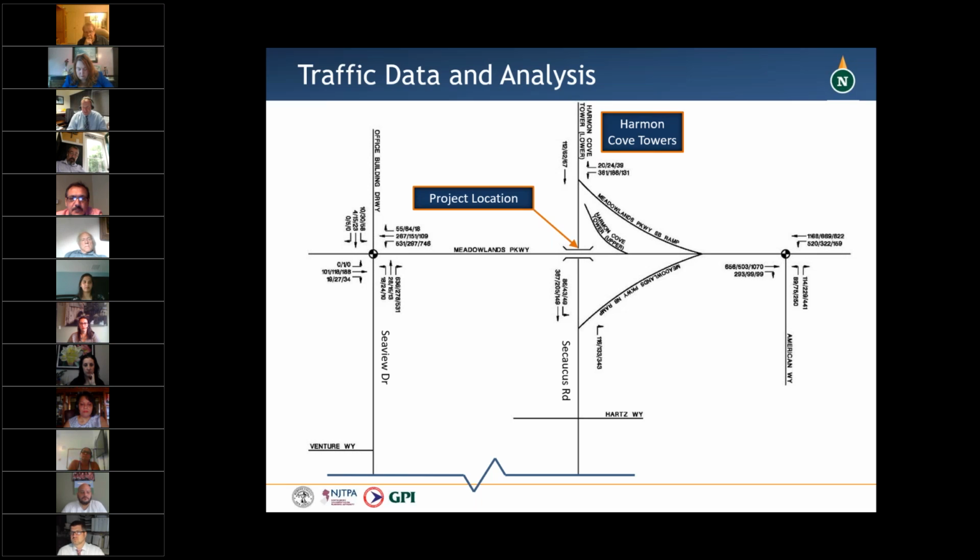To analyze potential detour options, and once again, this is just potential detour options. There has been nothing set in stone as to how this bridge is going to be constructed yet. We're still in the very early stages of concept development. But should a detour be required, we perform classified manual turning movement counts at the signalized intersections of Meadowlands Parkway